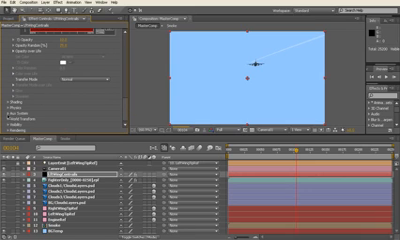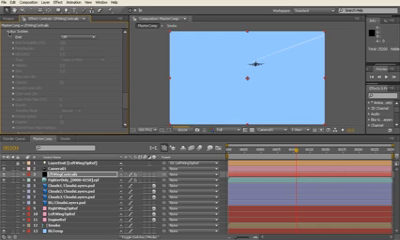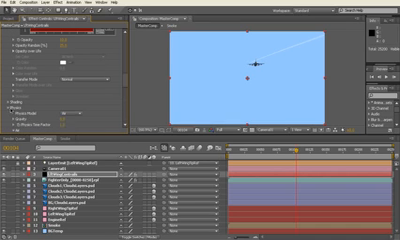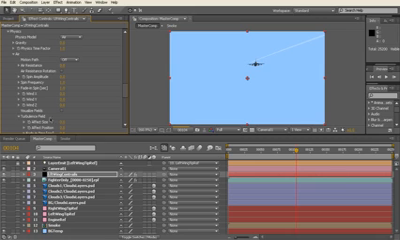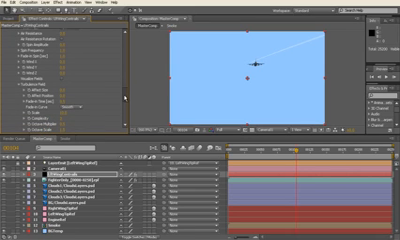What we can do now is just introduce, not in the auxiliary system, in the physics, we can just come to turbulence field in physics, and I'm going to type in here